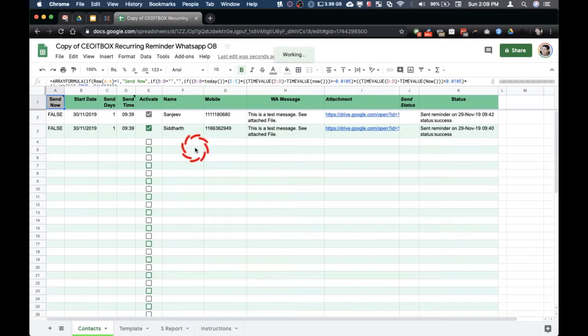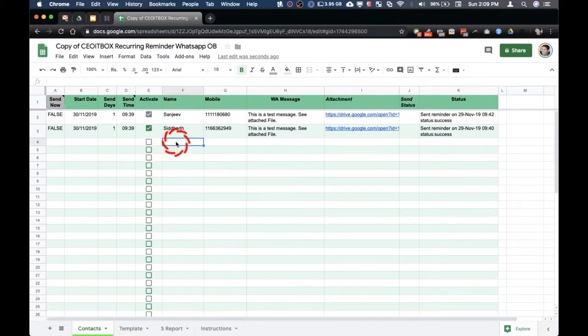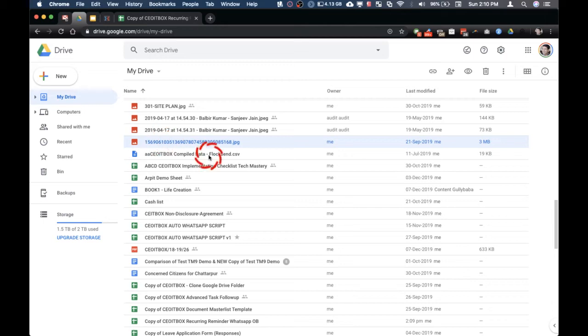So let me explain this sheet to you. This is the first sheet where you can put in the reminder. So how to put in the reminder? You need to have the name of the person, his mobile number, then what is the message that you want to send. So you'll put the message that you want to send, and then any attachment. Any kind of attachment that you want, simply put that file into Google Drive,